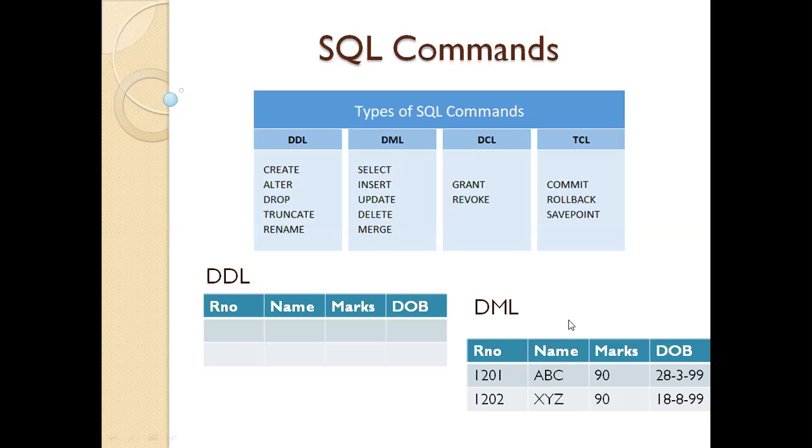Now the next type of language is DCL, data control language. Data control language is, if you take a software company, in that software company you have many employees. All the employees will not have permission to access all the files. The manager should grant permission or revoke the permission for a file, isn't it? Such things can be done by using grant and revoke commands.